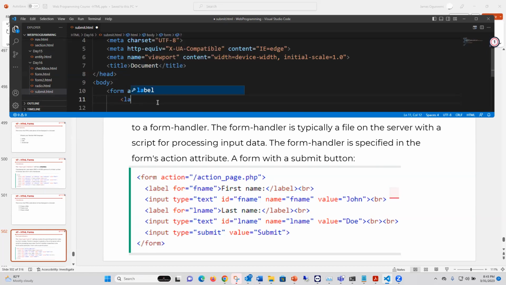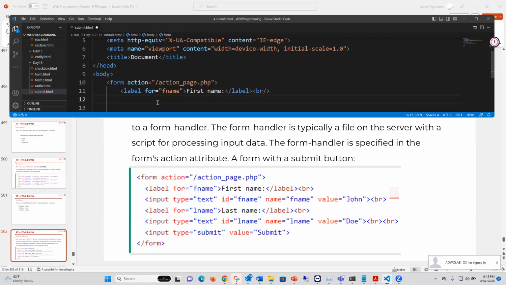Okay, so we continue to code the form. Start with label, for attribute equals to fname. Close our label and type in First name. A break tag comes in there. So right here, we're going to type in